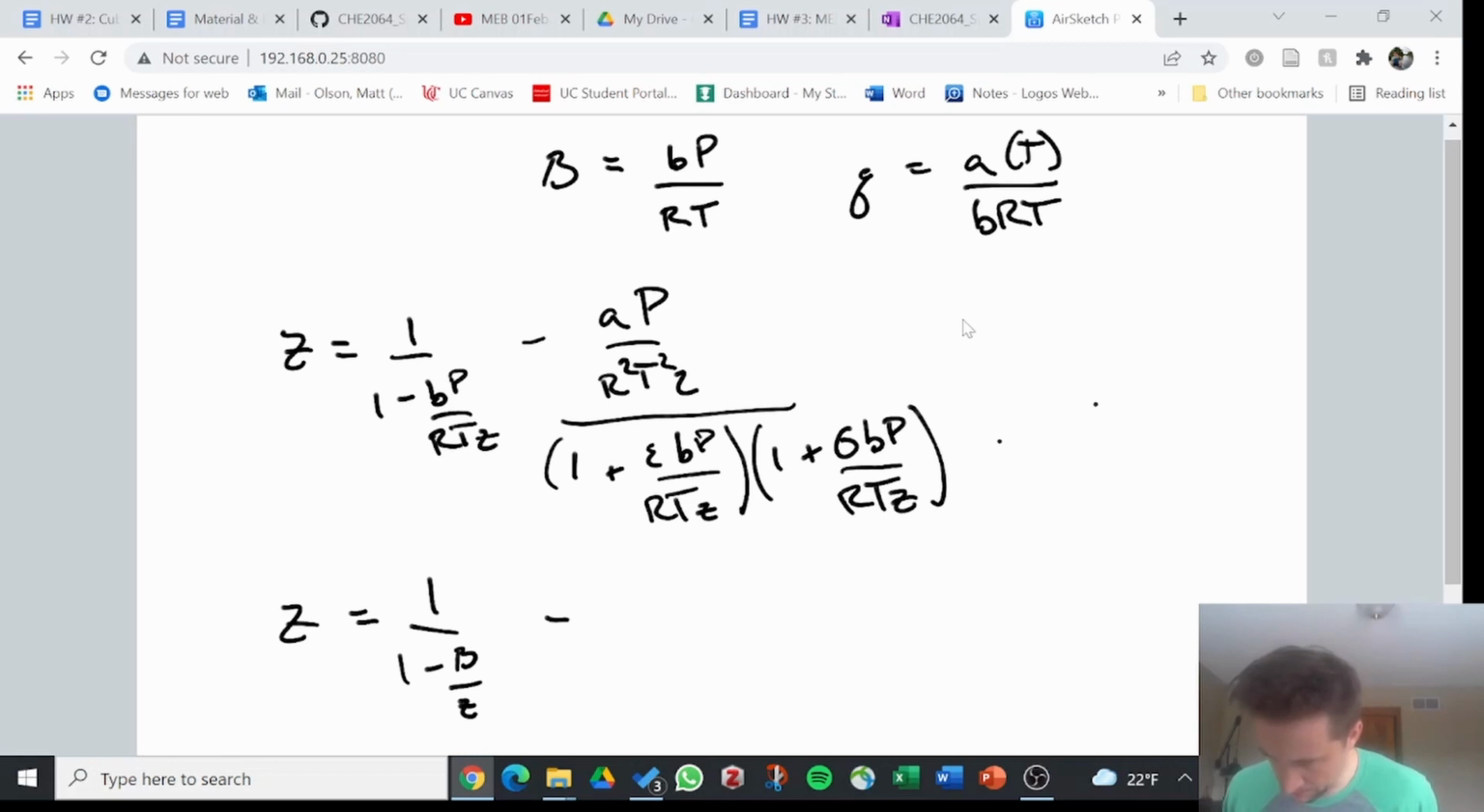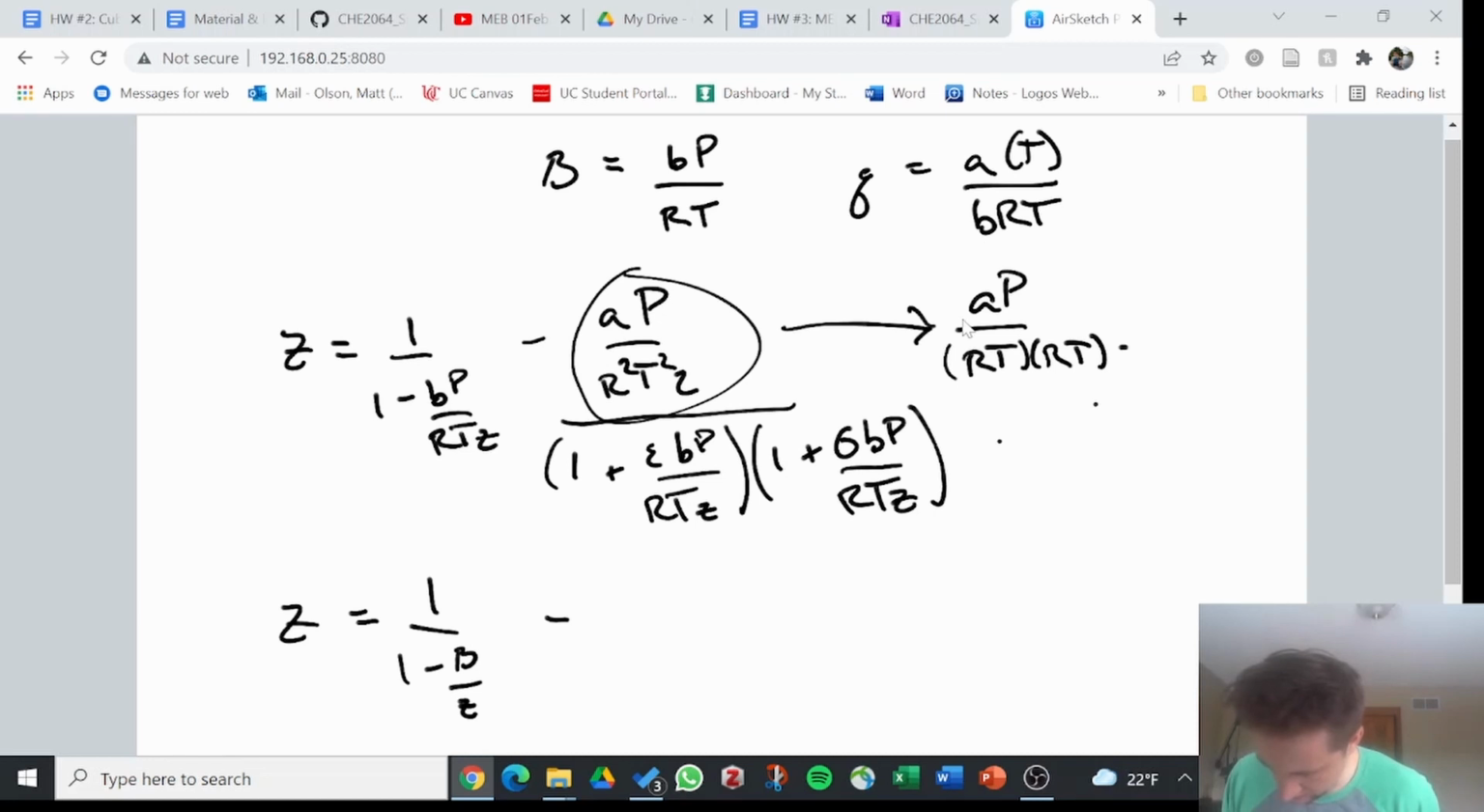So if we take this expression right here, let's bring this over here and unpack what's going on. We've got A, P, RT, one RT, another RT, and then a Z. Or we could even just say 1 over RTZ, because the fact that we've got our Q equaling this is going to leave us with